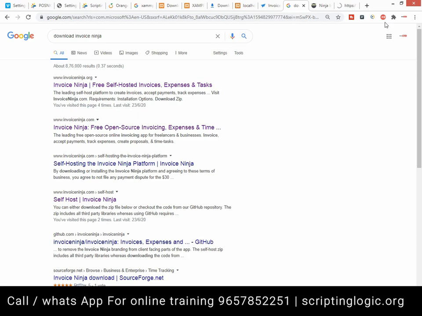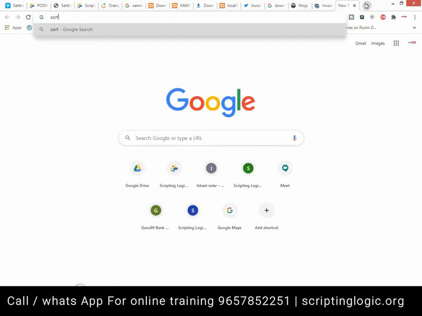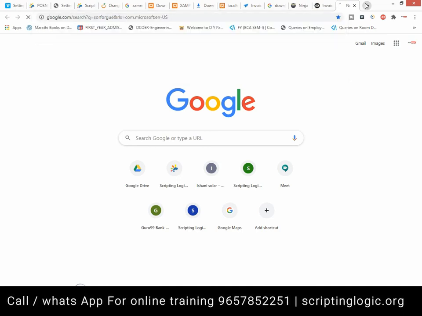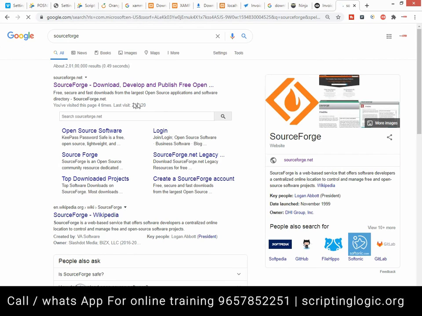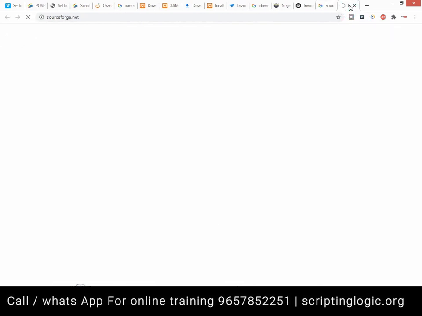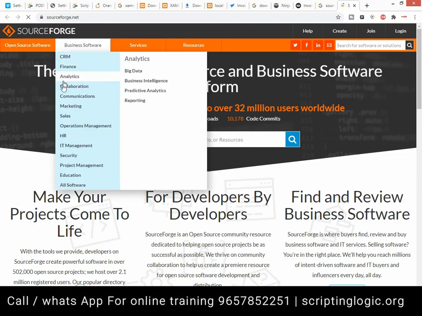And I'll also give you one site. This is SourceForge. Yes, this is a website. Here you will find several free applications, but you have to search a lot. You will not directly get some software, because there are CRM as well, finance, marketing.